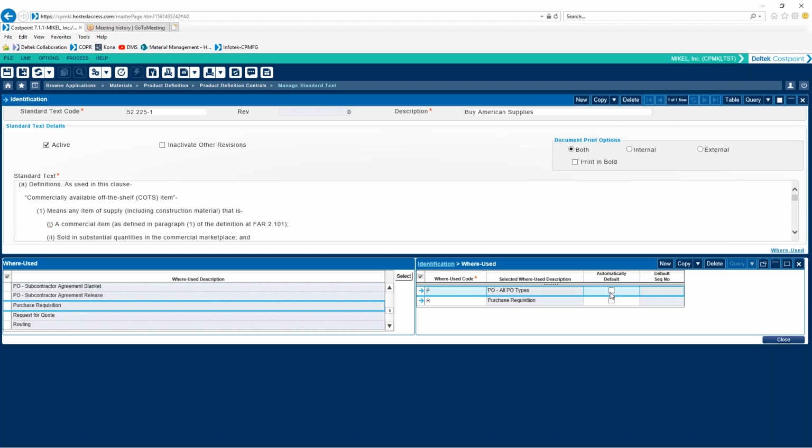Do I want it to automatically default? You can say yes or no. And from what I just heard, we don't want no. And then sequence number, we can populate that there, or we can let it populate based on what the users are going to pick. Any questions there so far? Yeah, I mean,